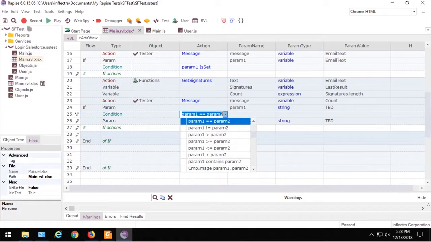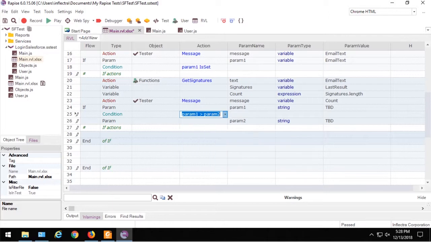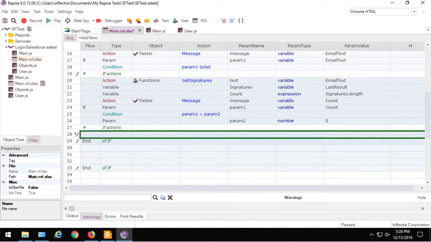So if the number of signatures is greater than 0, so parameter 1 is count, and it should be greater than, here we have some predefined types for parameters, and here is the number, and it should be greater than 0. And if it is greater than 0, we should log in to Salesforce and then add